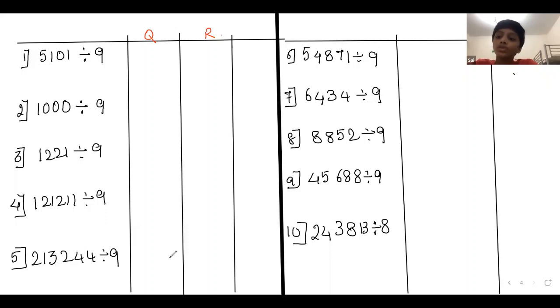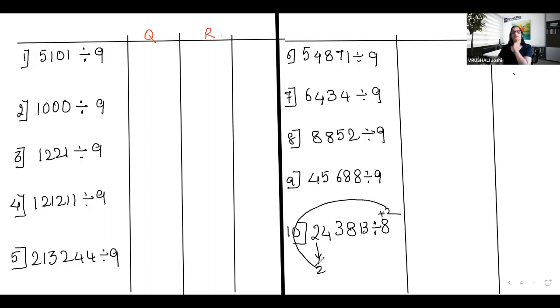With 8, the difference is 2, no? So if you bring down 2, it will be 2 2s are this 2 and this 2. This 2 you have to multiply. 2 2s are 4, no? So 4 plus 4, then you'll get 8. Then again 8 2s are 16. 16 plus 3, 19, like that. So instead of doing all this, because we are practicing in the first sums, you do it like this. And later on, when you get your hands onto it, you can just directly do it. Okay, ma'am.